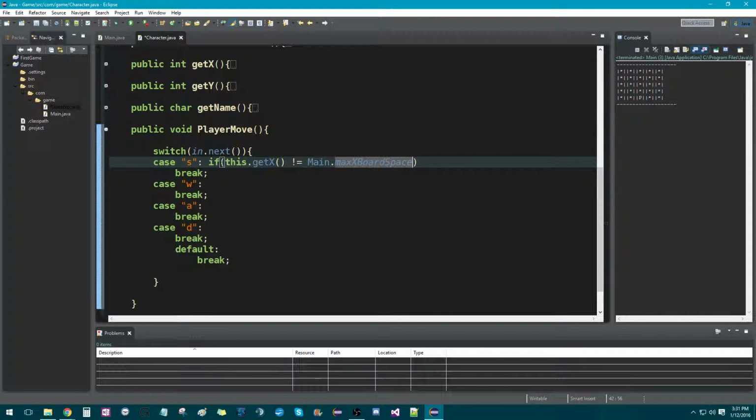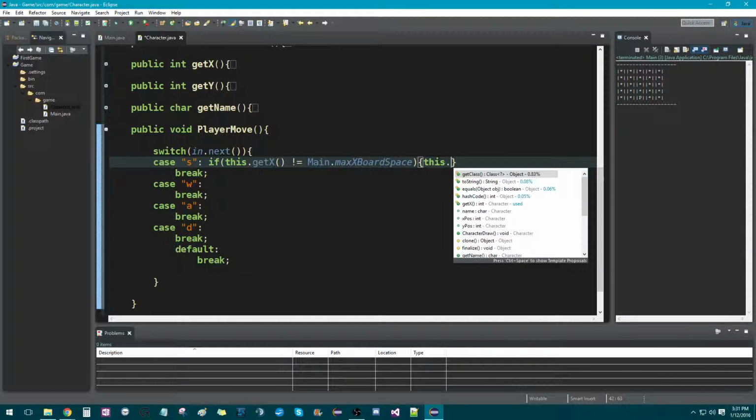Remember, we want it so it's not equal to the out of bounds limit. Then run a bunch of code. So then we're going to say do this, and what we want to do is say this dot x position